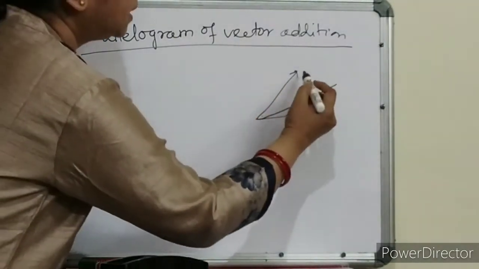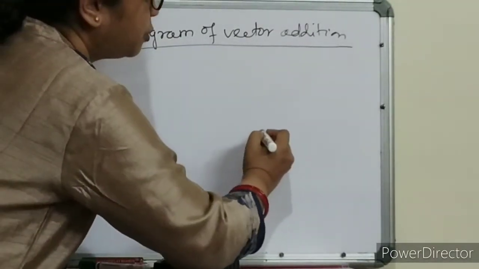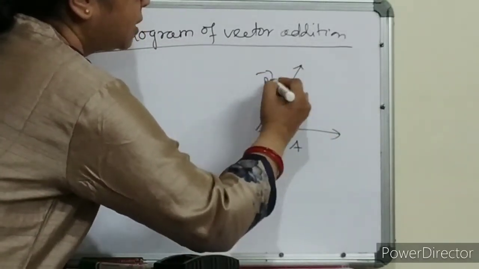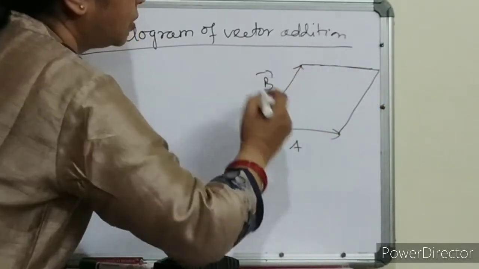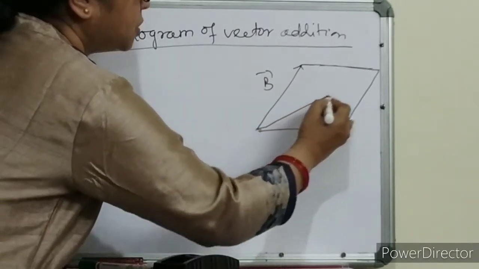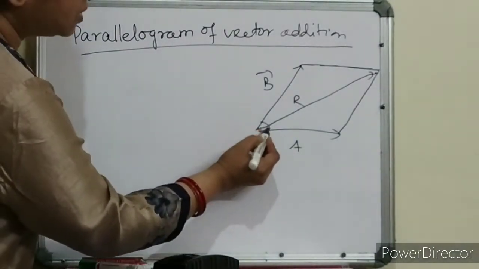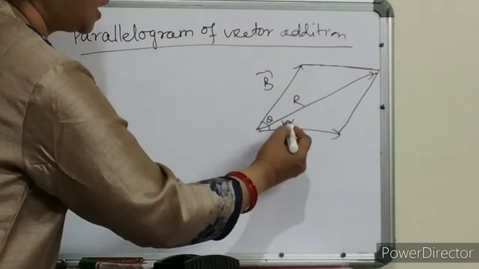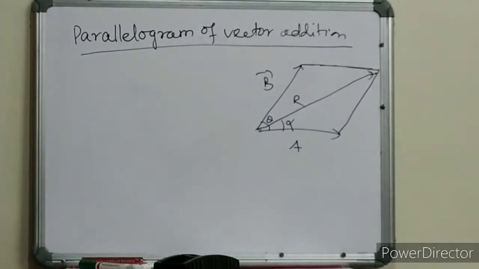And let me draw a nice diagram because we have to prove so much. So this is your A vector, this is your B vector, like this. This is your resultant R, children, and these two vectors are inclined at angle theta. Let this angle be alpha. Alpha is the angle made by resultant R with vector A.